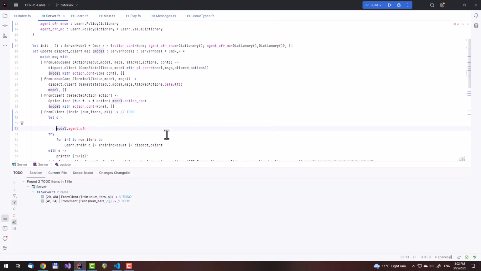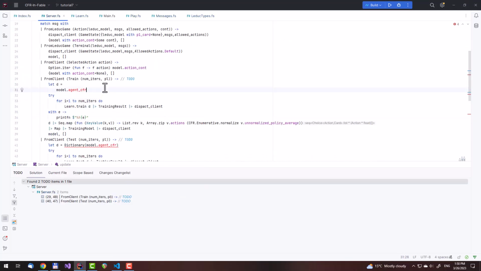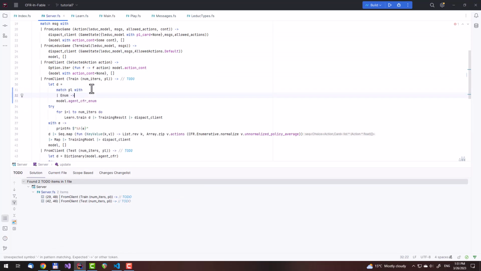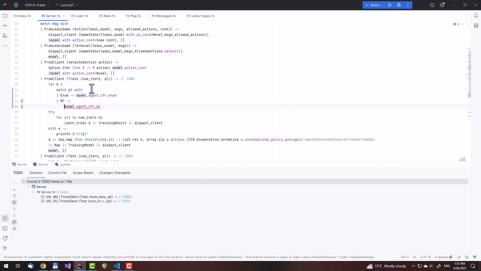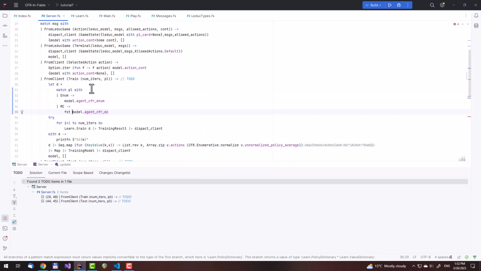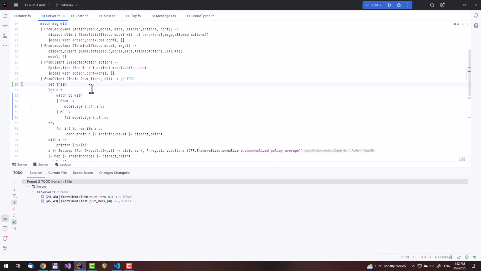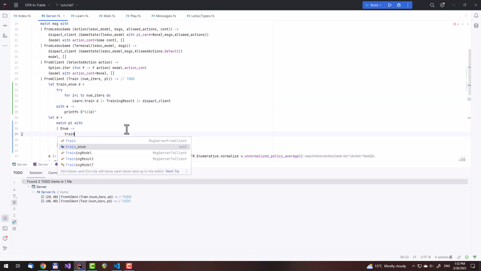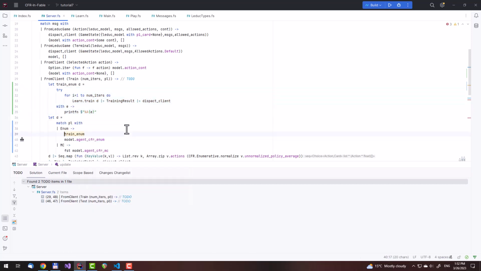We'll have to pattern match on the player type. In the train case, what we need to do is start factoring in order to put in the requisite functionality. When doing this kind of programming, it is pretty difficult to think through things all the way ahead of time. I basically have a goal here, which is to implement the training for the two different player types. And what you see on the screen is just me moving pieces around in order to figure out what fits